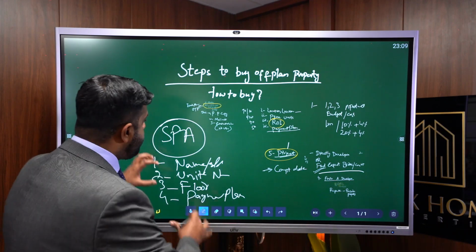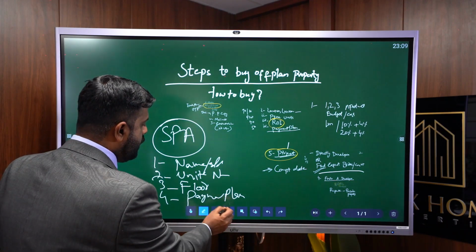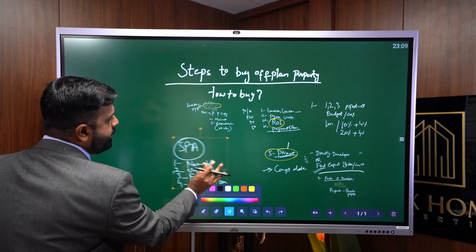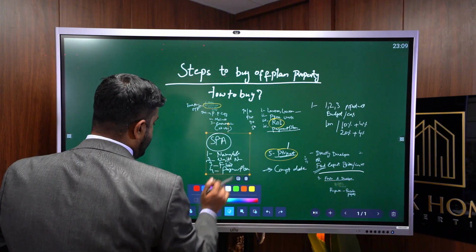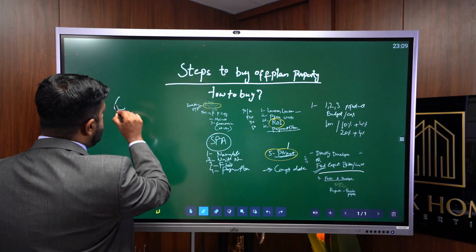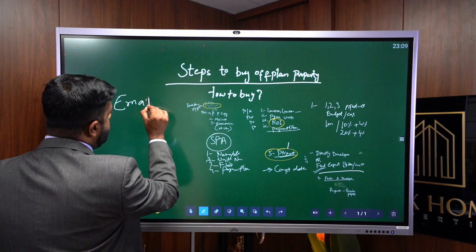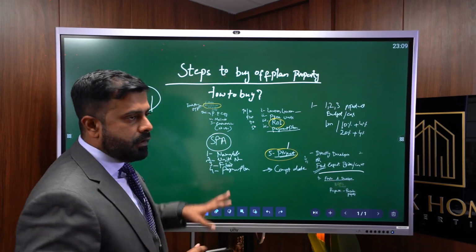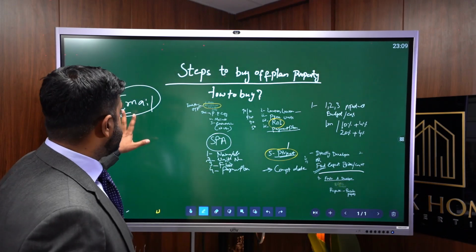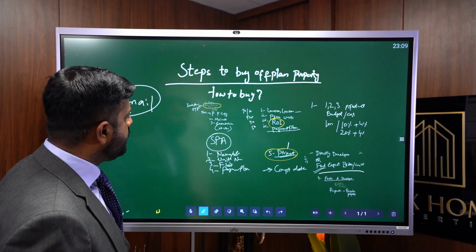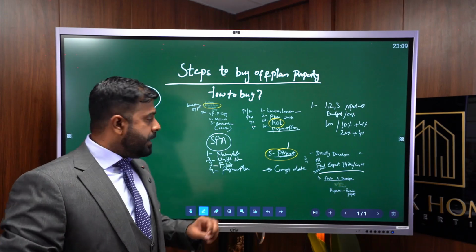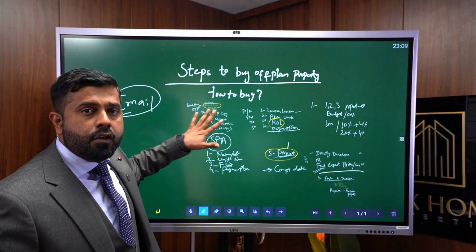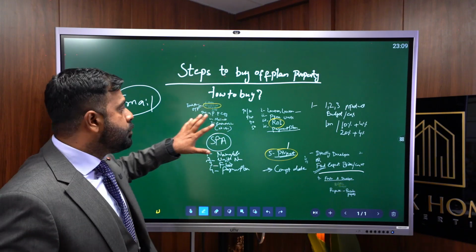Besides that, before going towards the SPA, you can always request the broker or the consultant, or you can request the developer to send you an email. Okay, good. So even before going for the SPA or the booking, you can ask the developer to send you an